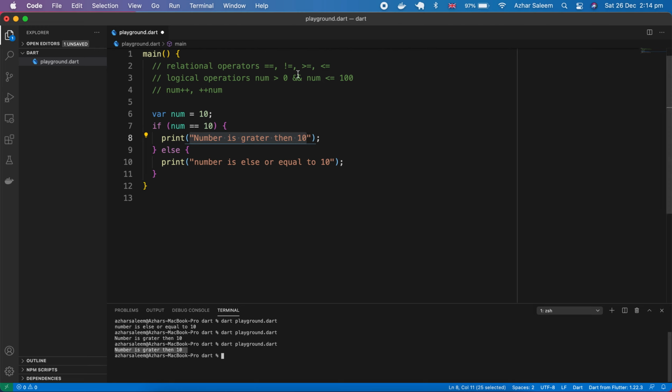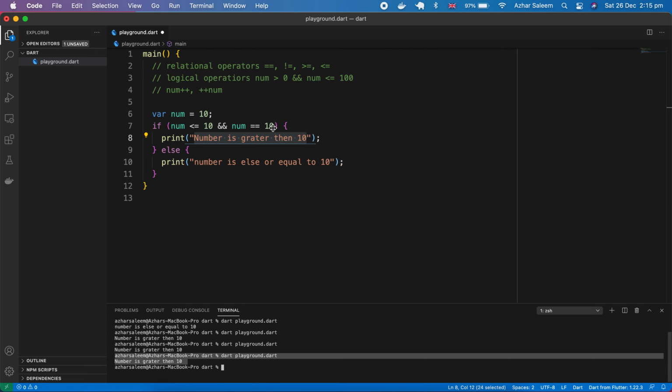Okay, here the next is logical operator. Let's say number less than or equal to 10 and number is equal to 10. Now this statement will be run, the first one. If I change this one, now the second